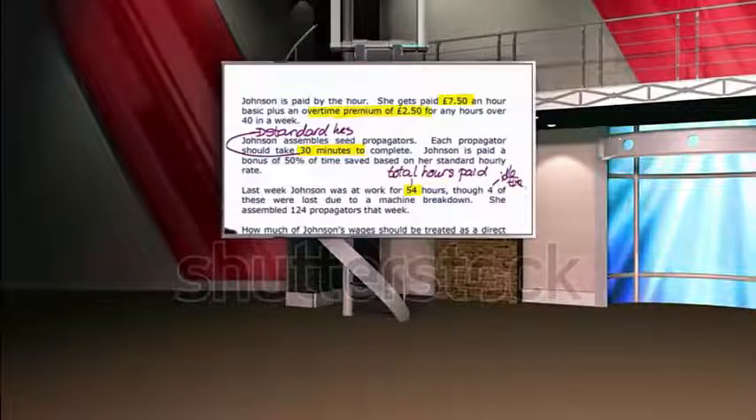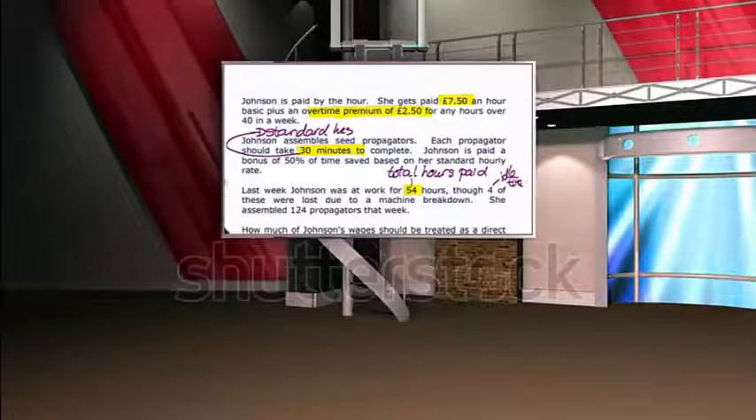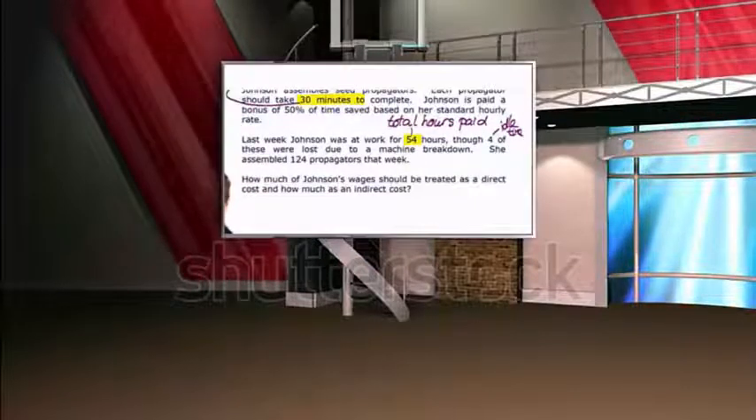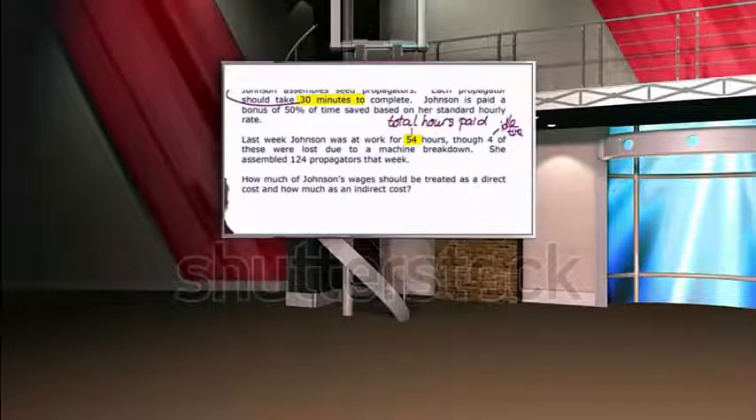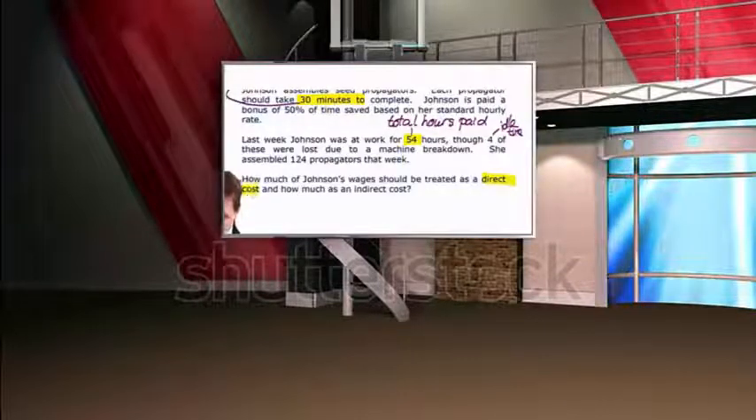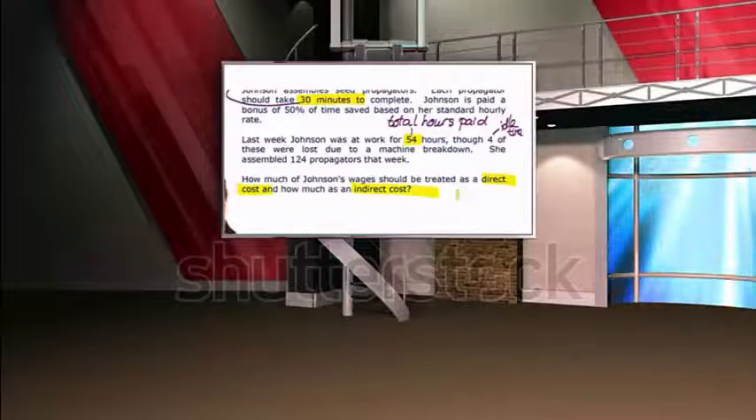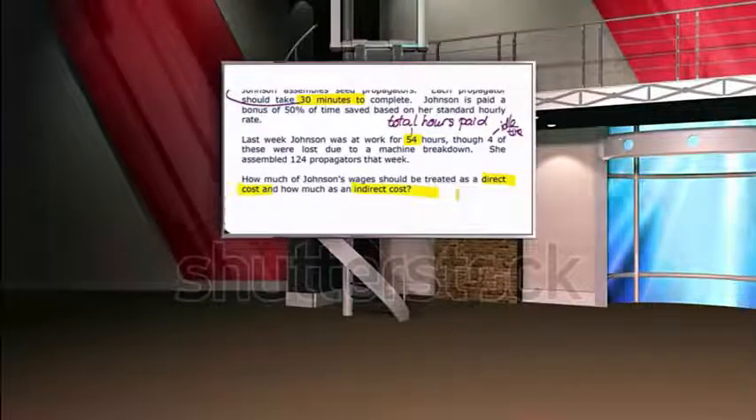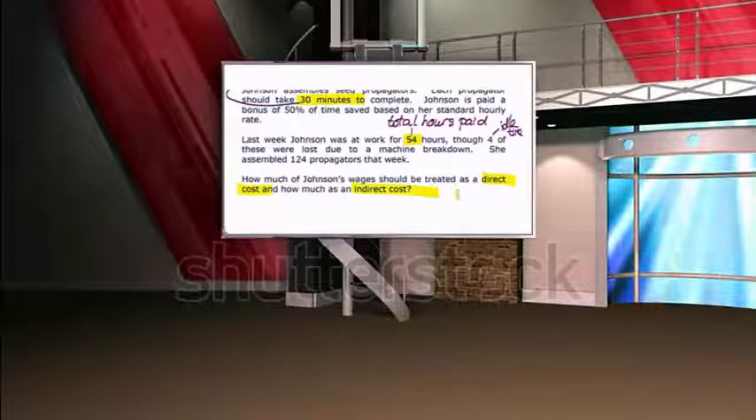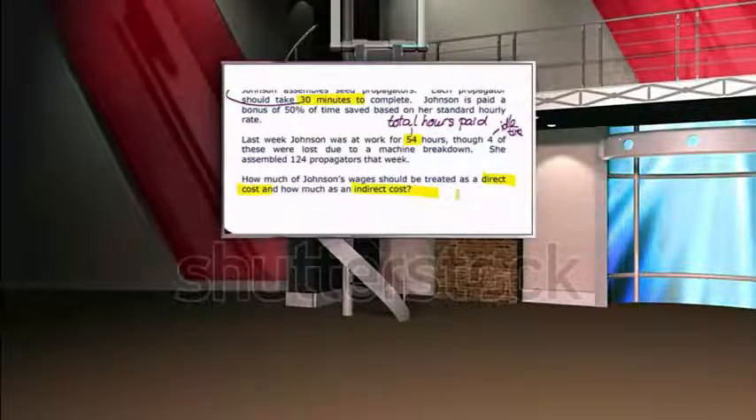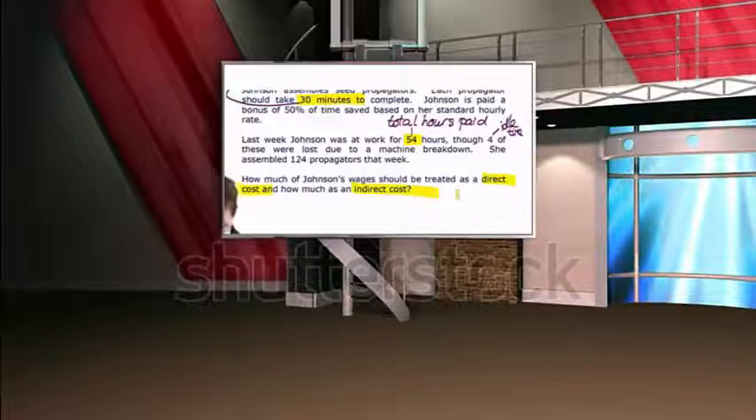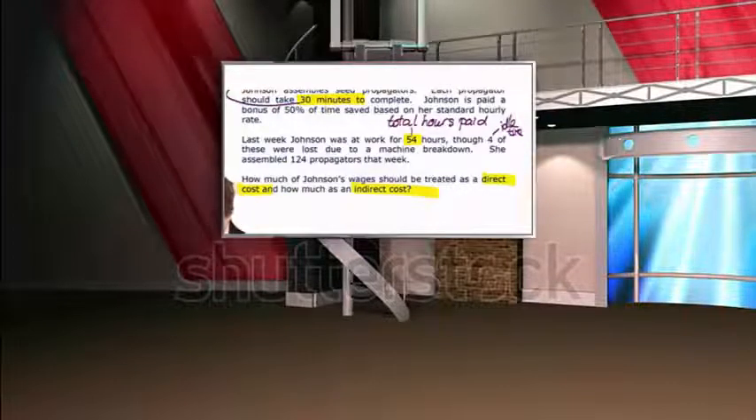She assembled 124 propagators that week. So her actual production was 124 units. And we need to work out how much of her wages will be direct cost and how much would be indirect. In a question like this, it's always easier to start with the direct costs because there will be less in there. So, starting with the direct costs then,